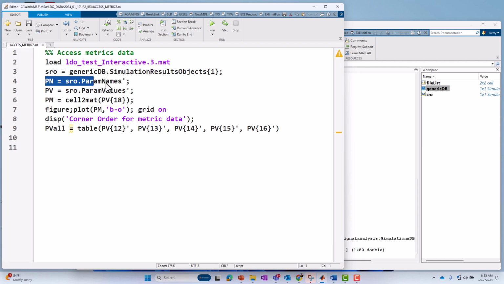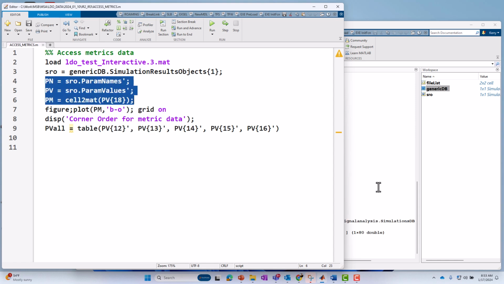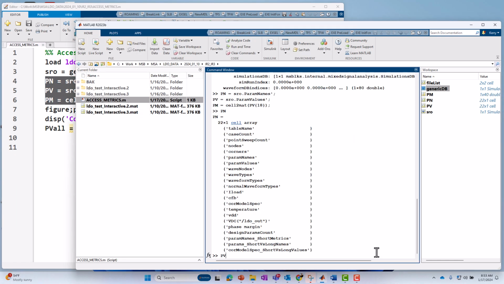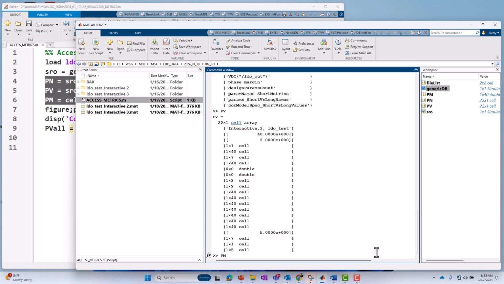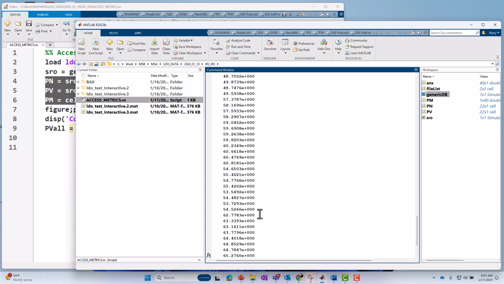I just pulled those out, and I'll do phase margin as well while I'm at it. Evaluate those. So now param names, param values, and phase margin data.